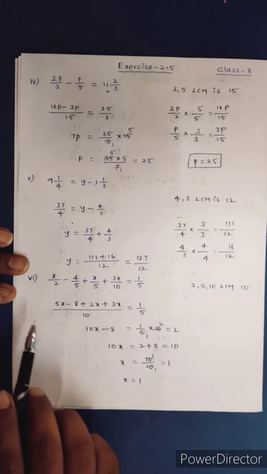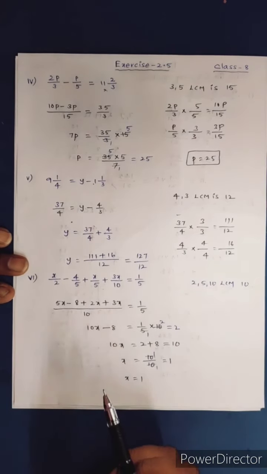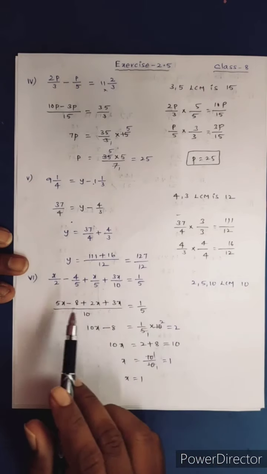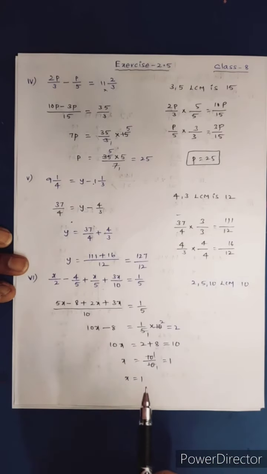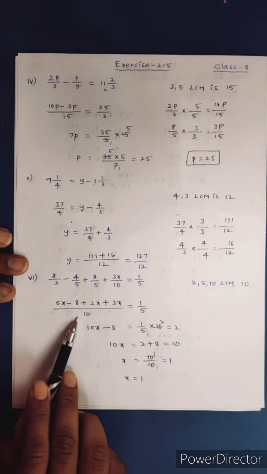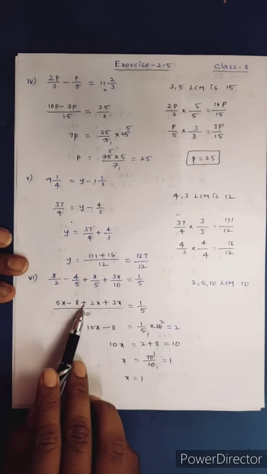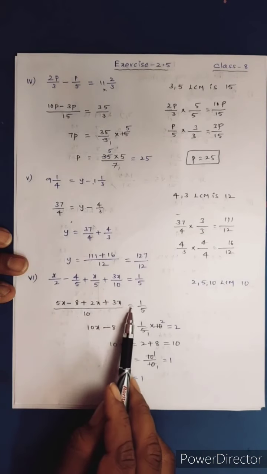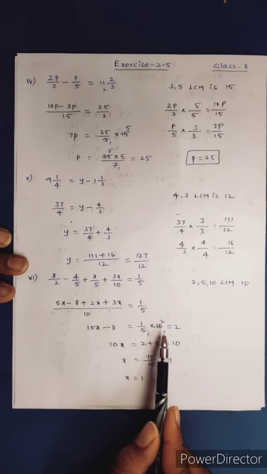Next, sixth one. x by 2 minus 4 by 5 plus x by 5 plus 3x by 10 is equal to 1 by 5. Actually, send this minus 4 by 5 to that side, because all variable terms go on one side and all constants on the other side. But I did it here the same as it is. 2, 5, 10 LCM is 10. 2 5s are 10, 5 into x is 5x, minus 5 2s are 10. 2 4s are 8 plus 5 2s are 10. 2x plus 10, 10 same. So same, 3x is equal to 1 by 5. Send this 10 to that side. 1 by 5 into 10. 5 1s are 5, 5 2s are 10.